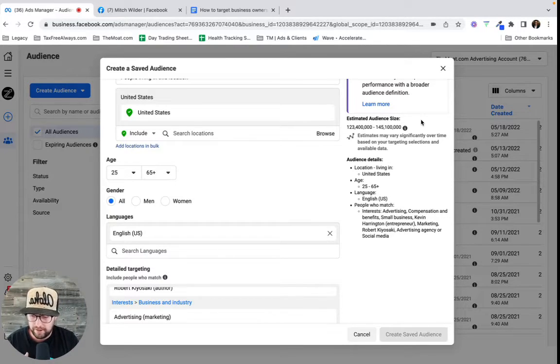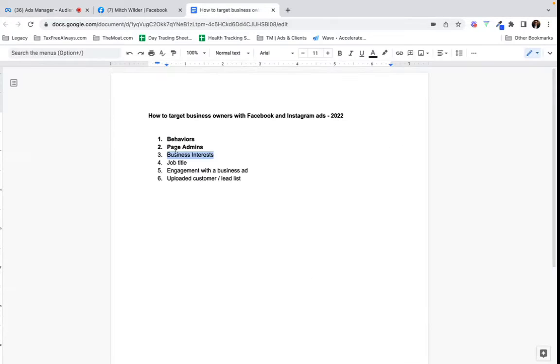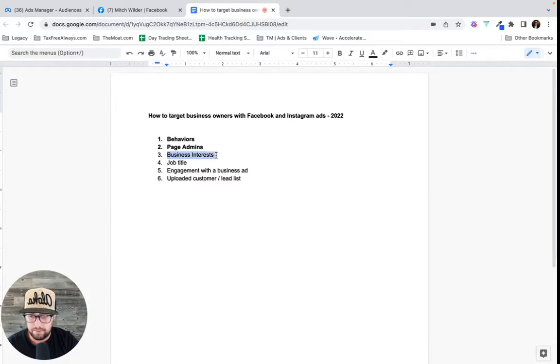So when I start using interests for audience targeting, I'm building a master list of everything, which is also telling me how big my potential market is. And then I start breaking those audiences out. Okay, so that's our third strategy, which is using business-based interests as a targeting option.